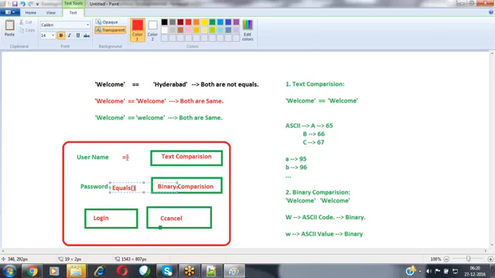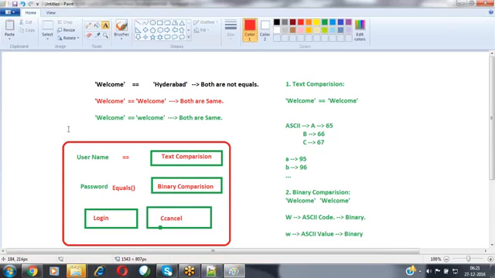When coming to the equality operator, it compares the two values by using text comparison. By using the equals function, we can compare whether the two values are equal or not with the help of binary comparison. So in order to get the exact values, we can use the equals operator or the equals function, depending upon your need. So in this kind of scenario, we are using the equals operator and the equals function. Clear?